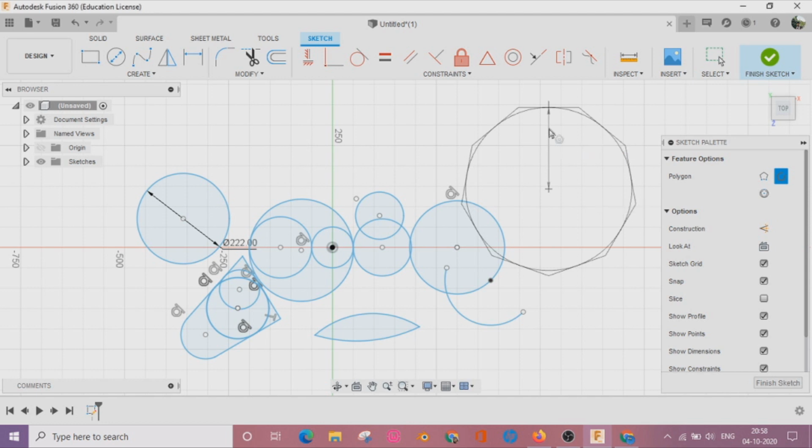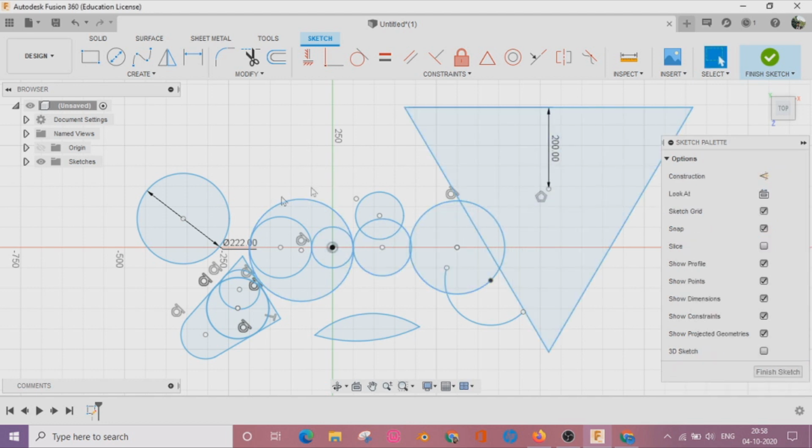Basically for creating a polygon, we have to select center point, then end point, and before that one dialog box will be there. We can enter the number of sides basically.